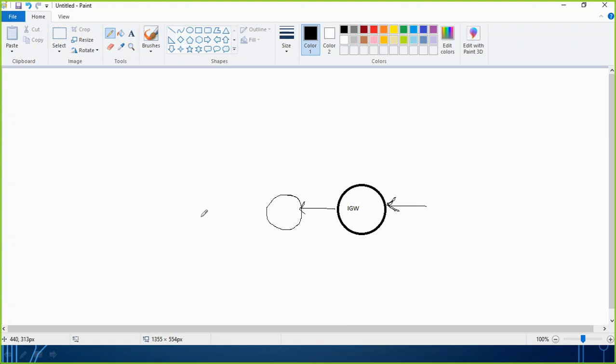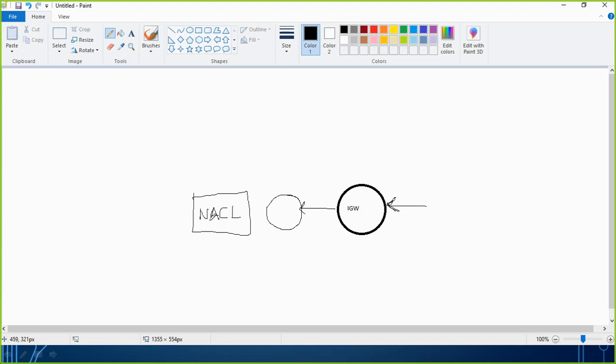Thereafter, after the routing table, you directly get in touch with the NACL, the network access control list. So whenever any incoming connection comes to your VPC, NACL is the first one that works as a security filter.